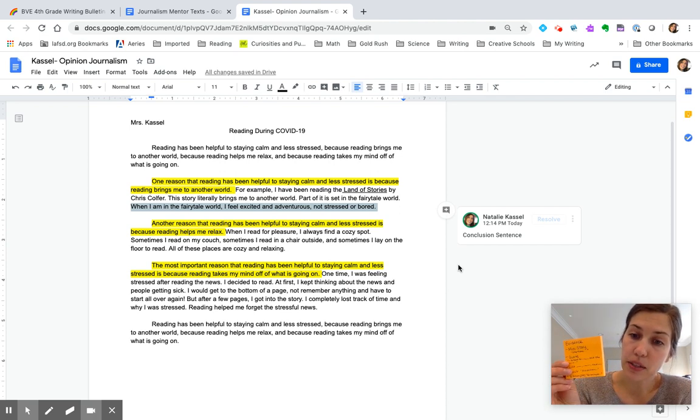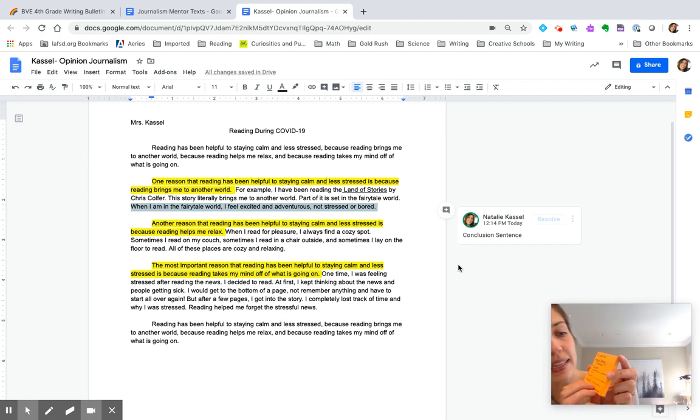The different types could be a mini story, like one time, talking about something that happened to you. It could be a quote. If you interview someone or ask someone how they're doing with this, it could sound like, I talked to, and she or he said. It could be a list, if you have multiple things to list about one idea. It could be a fact. You might say, did you know? It could be an example.